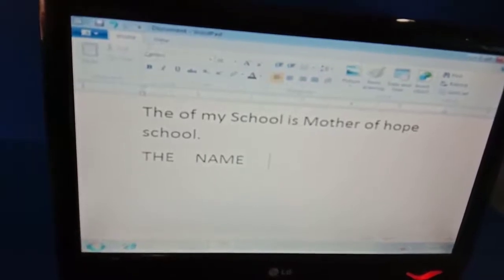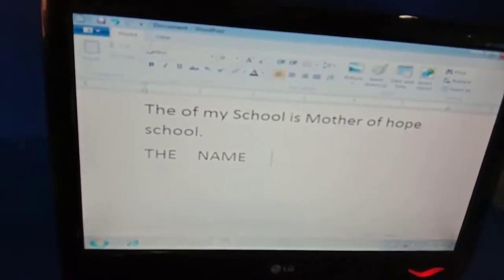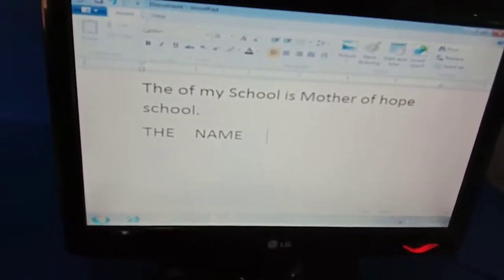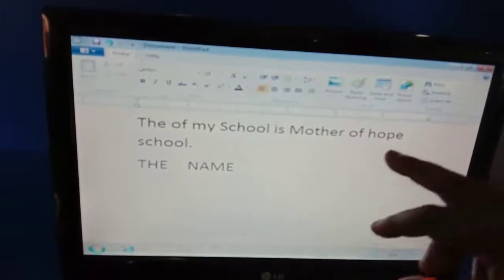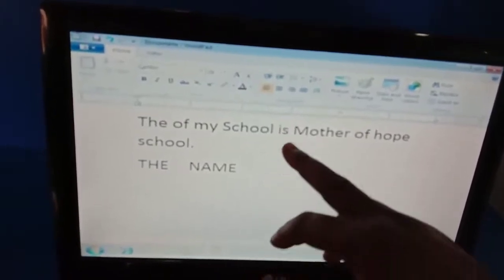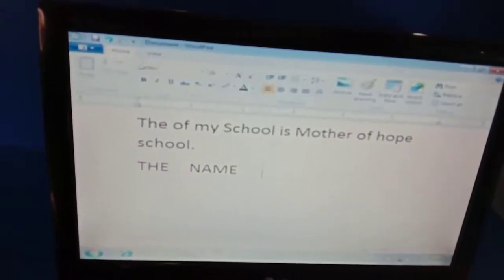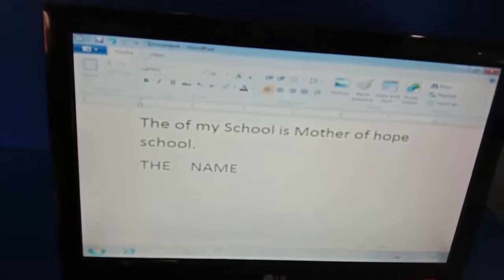Then after tab, there are 4 arrow keys on your keyboard. See here, 4 arrow keys on your keyboard. Up, down, right and left. So now I want to move my cursor on my screen wherever I want. Suppose I made a spelling mistake here, or I want to add something here, then just move your cursor on top. See, you can move your cursor.